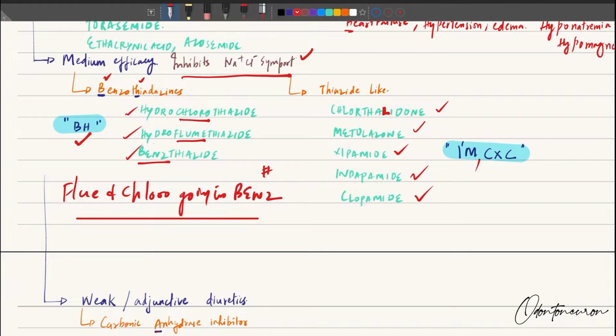As tomorrow is Valentine's Day, people are going outside up and down, and I'm sitting here on the couch reading pharmacology. Beautiful. Okay, so